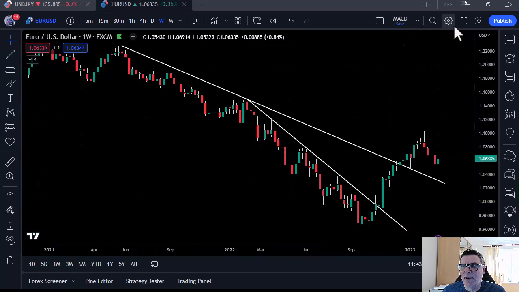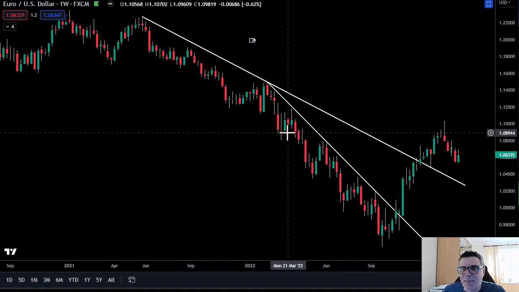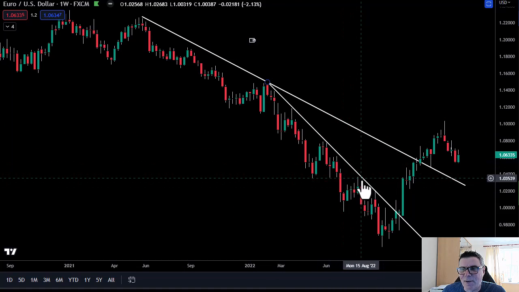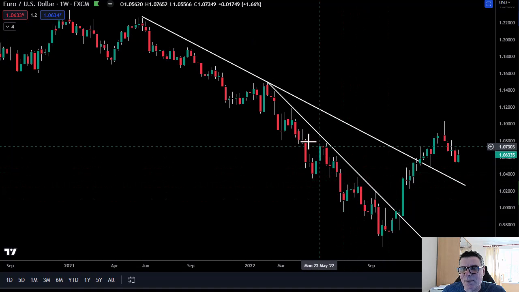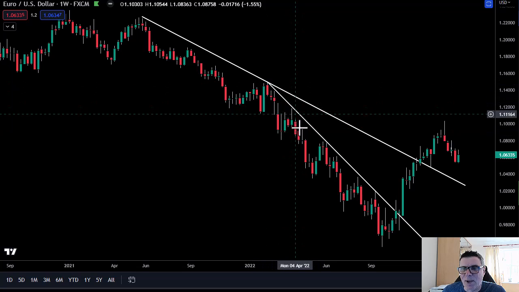Now it's just, don't need all that. So now you can see it nicely. You've got the lower highs, and you can see the tests of this trend line as it's come through. We've placed it off really. I placed it off this second one here, which was